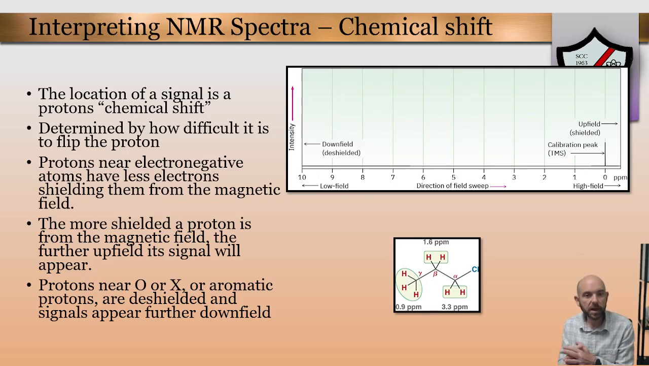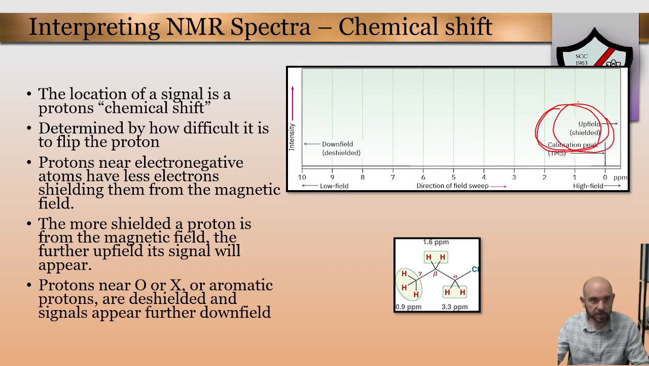So as you may have seen in that previous demonstration, the location of a signal, what we call the chemical shift, is determined often by how hard it is to flip the proton from the oriented state to the misaligned state. And that all comes down to basically how many electrons, or how much electron density, is around that atom to shield it from the applied magnetic field. The more shielded a proton is, the less electromagnetic energy it will take to flip it back and forth. And so we see it in the less shielded part of the spectrum, which is the